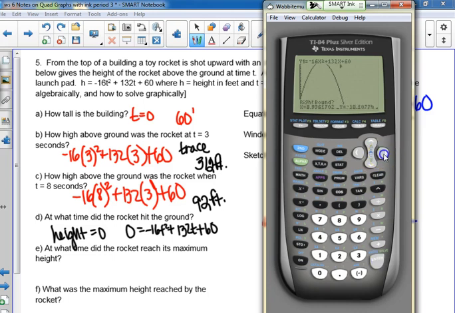And then if I trace to the right, I don't have a good window for doing this. But notice my y value is negative now. Does that mean I've crossed the x-axis? So I've gone to the right of where I need to be. Guess doesn't matter. So if I hit enter, I got